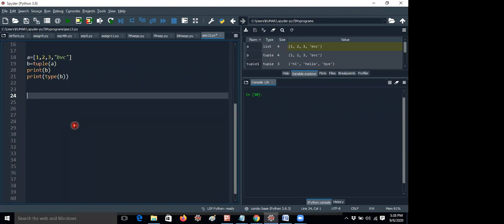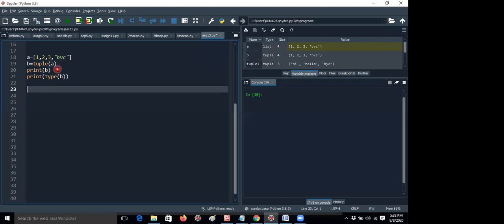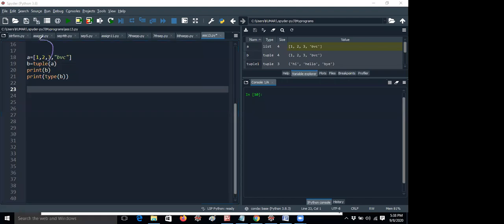In the same way, you can write tuple of A. Then I am printing B. Whenever tuple of A is used, A will be converted into a tuple and stored in B. In programming, assignment is only right to left. Whenever you use the equal to operator, the associativity is always right to left only.